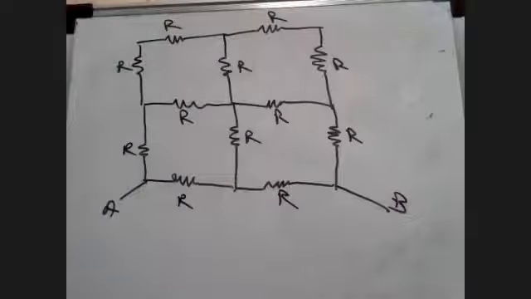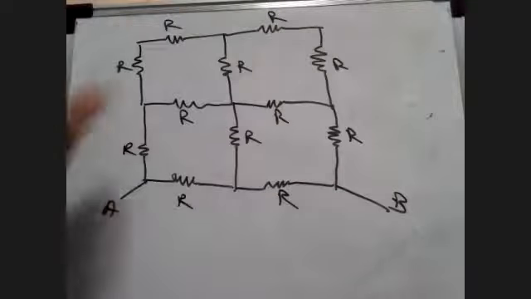We always take symmetry. In symmetry, we will always consider the vertical branch to have zero current. The assumption is zero current in the vertical branch, considering the fact that everything on the other side, left and right, have currents through them. Is that clear? Sir, is the answer 6/7R? No, it is not. But good try.